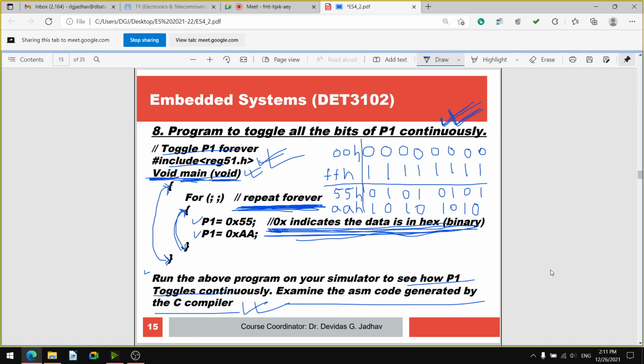Suppose some sensor is sensing the darkness, you can turn on the light, isn't it? If some sensor is sensing the brightness, that is sunlight, then you have to turn off the light, isn't it? So this way an application can be considered, and you can say that this input is like this, so that's why this output becomes like this. You can explain it in the project.